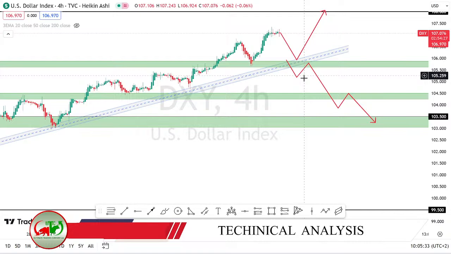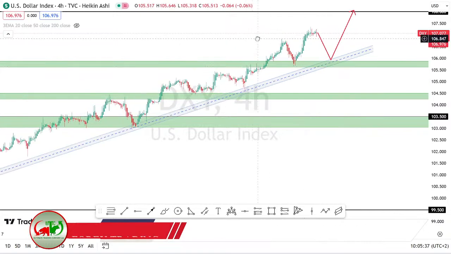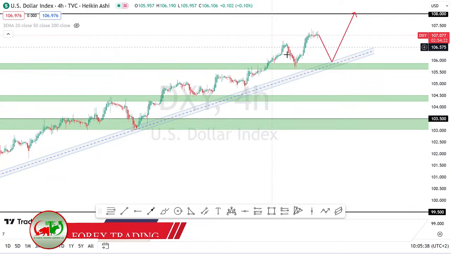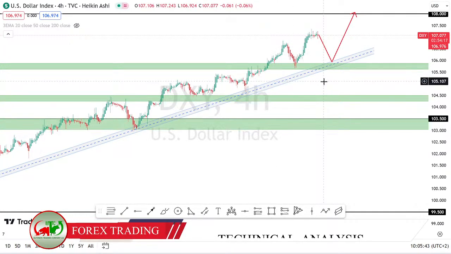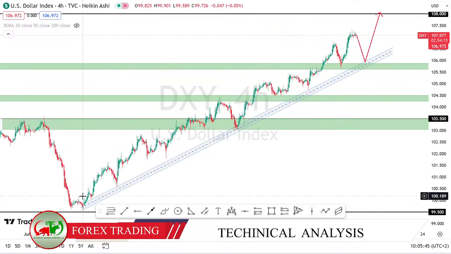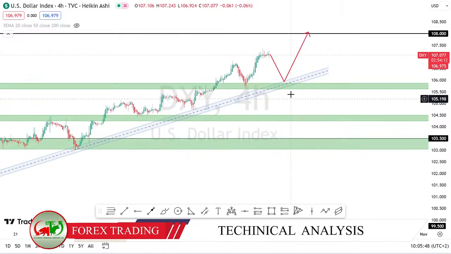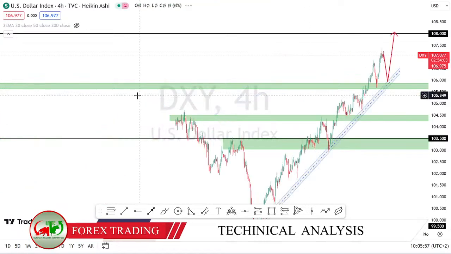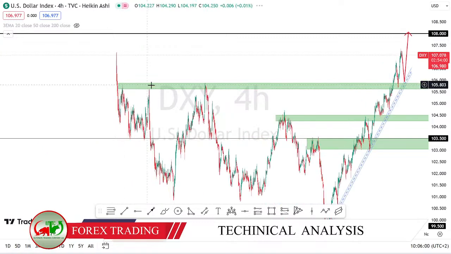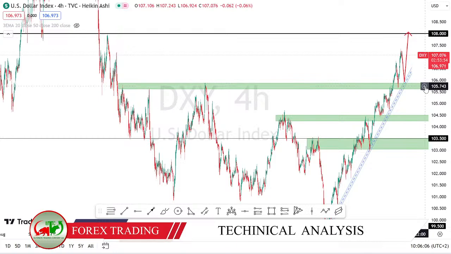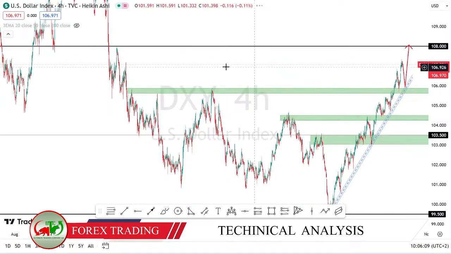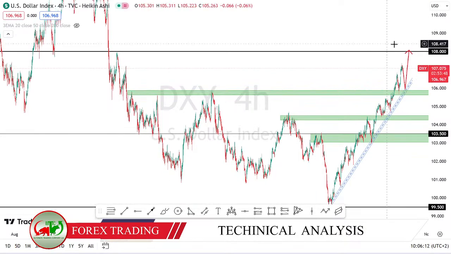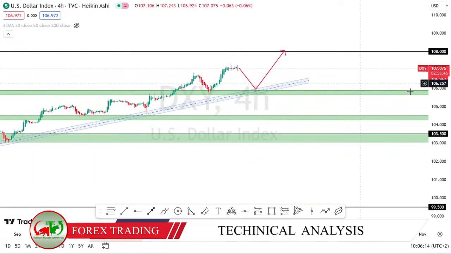So if we want to buy the US dollar index, we should wait for the pullback at this trend line, which was acting as a support since July 2023, in order to buy the dollar index. You see that this trend line has a confluence with this broken resistance, which has been tested multiple times, around 105.5. And our counter resistance, which is even the monthly resistance, will be at 108. That is where we could target our dollar.